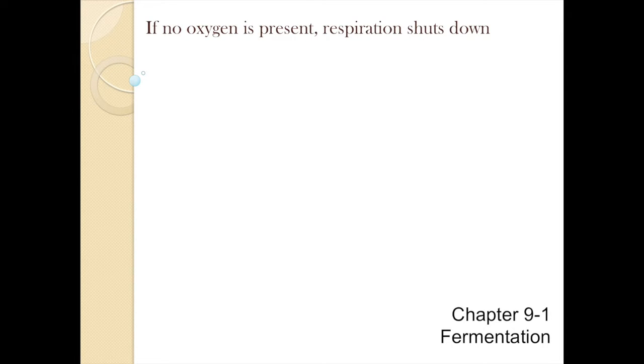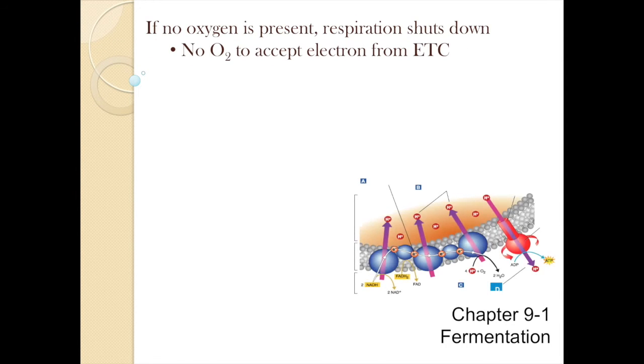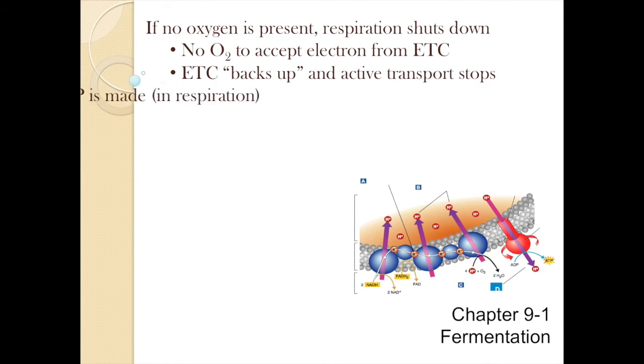So ultimately, what happens is if for some reason oxygen is running low or not present, respiration shuts down. If you go back to the entire process of cellular respiration, oxygen is needed at the back end of the electron transport chain to be one of the molecules that accepts electrons. And if that oxygen is not there, those electrons won't be accepted, and this entire process shuts down. And if it shuts down, ATP, or at least a vast majority of it, stops being made, and it's almost like everything comes to a halt. And that's not good.